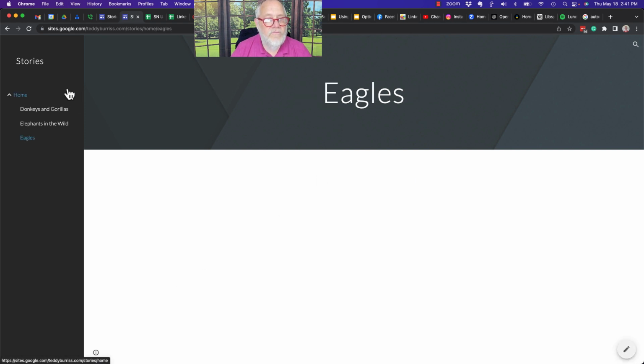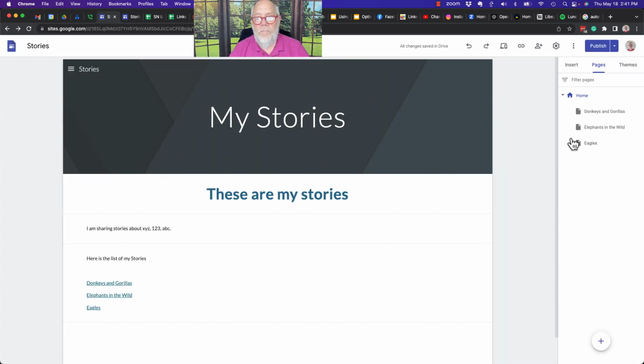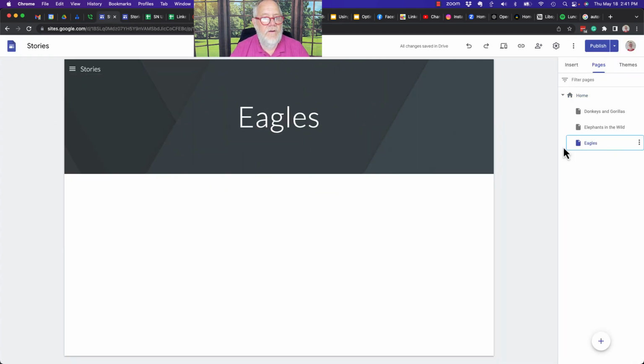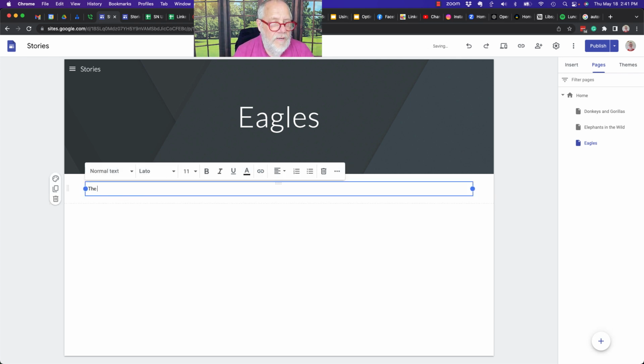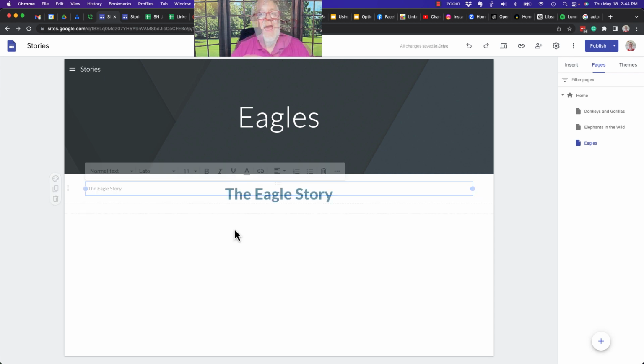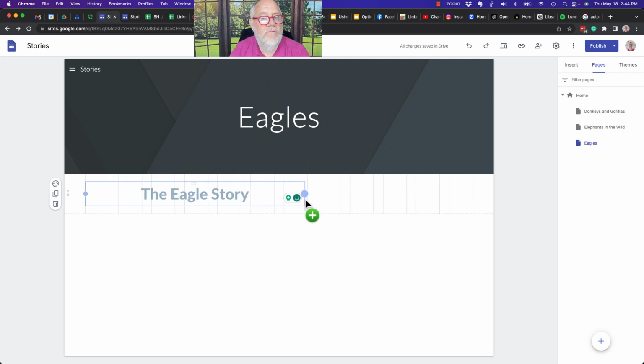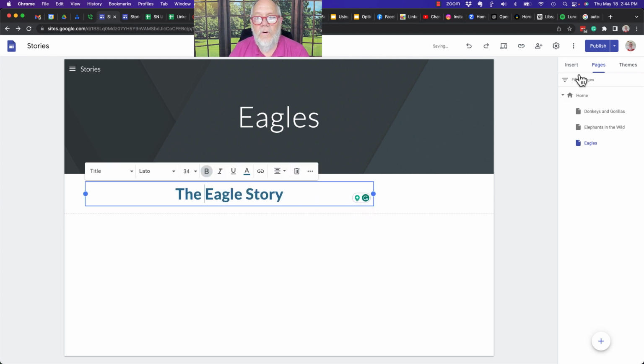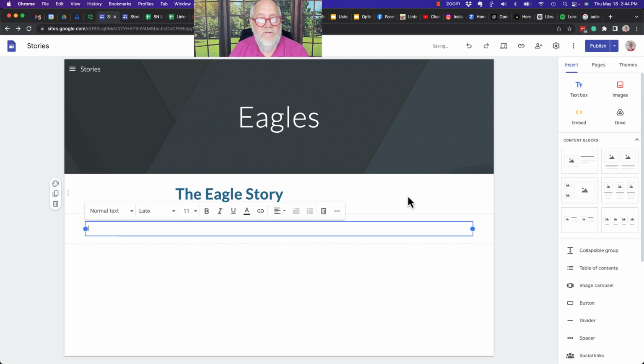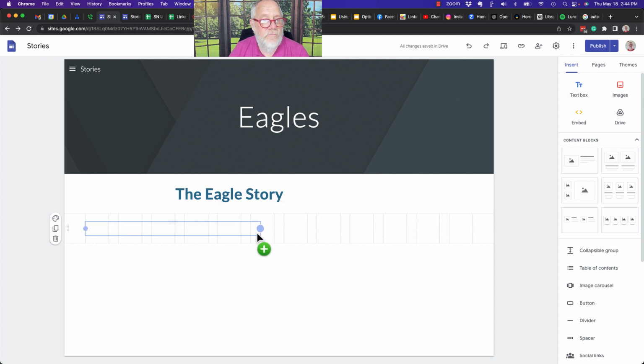And if I want to, I could actually, on every single page, let's go to the eagles page, I can put my header up here. The eagle story. After I put my heading there, I can click on that and grab this little dot. I can move this over here, make it a little smaller if I want to. And then I can insert, go back to insert, I can insert another text box. Grab that, shrink it down if I want to, and then I can grab it and put it up here